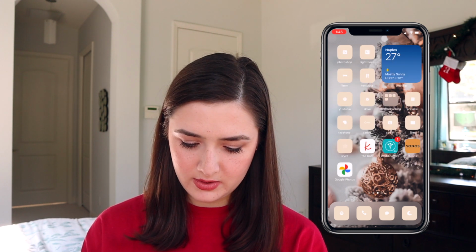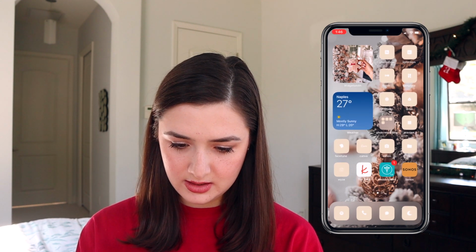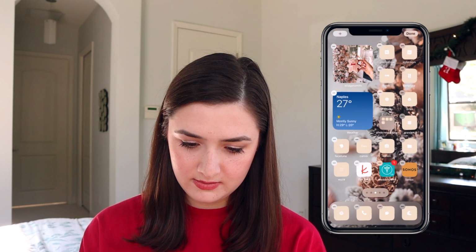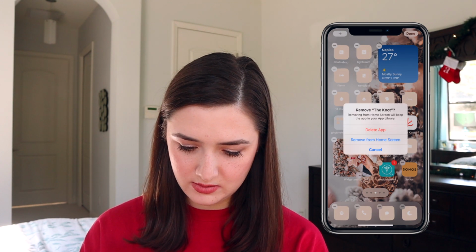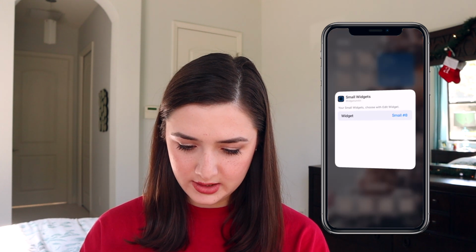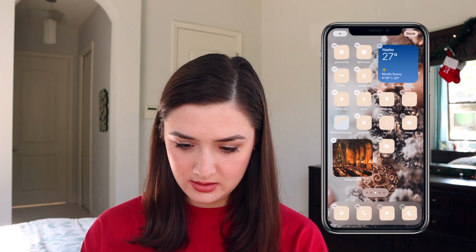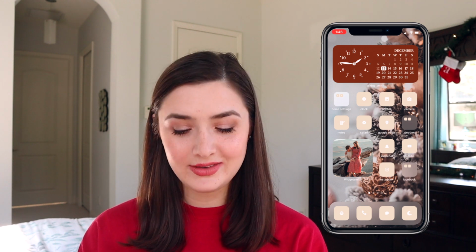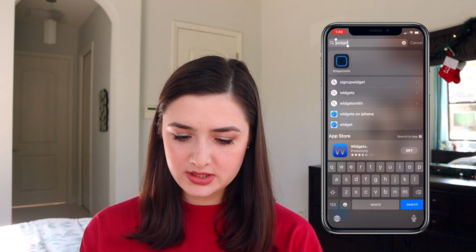Cute. Maybe I'll add another one on this page. I'm just gonna move it around until it's kind of where I want it, and remove from home screen. These ones are ruining the vibe. So I'm going to click on it as it's wiggling and choose number 7, which is Hogwarts. Super cute. Okay. So now all I have to do is change the coloring on my little calendar widget that I have up here. So back to Widgetsmith.